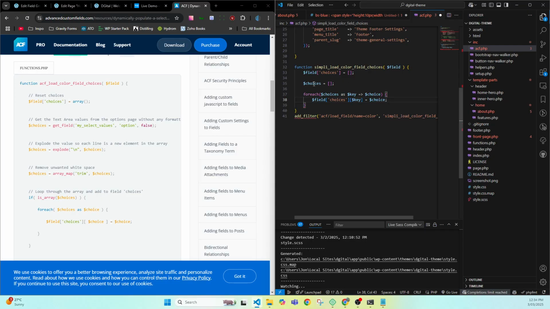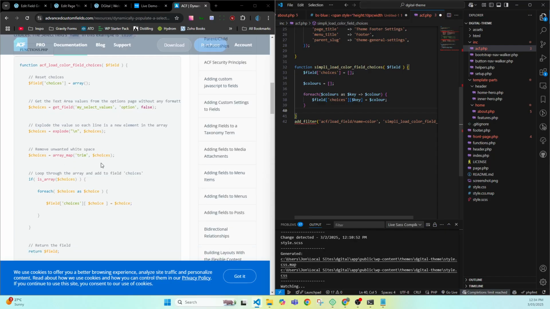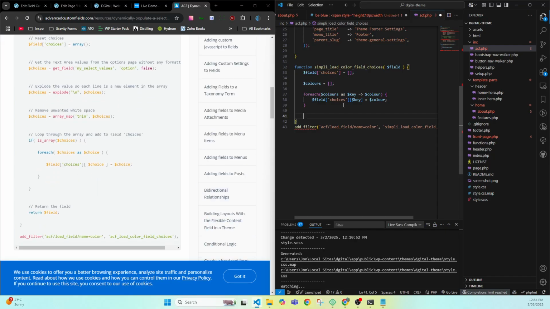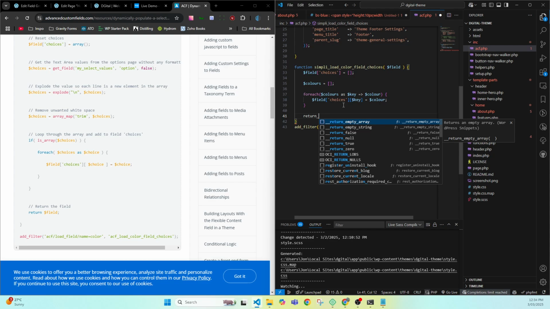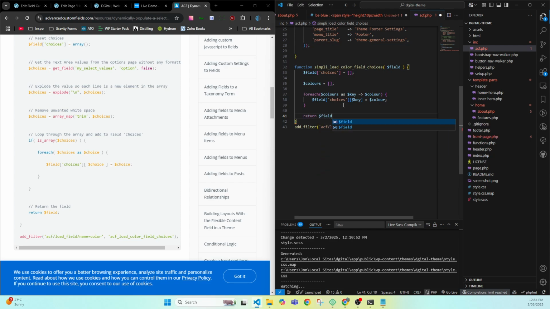You can do this, we can go colors, because that's what we're outputting, for each colors as color. Okay, and then return field. Okay, so what we're doing is we're creating, so you can see they're doing if is array, but